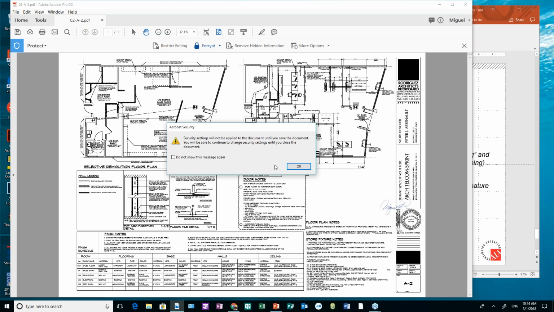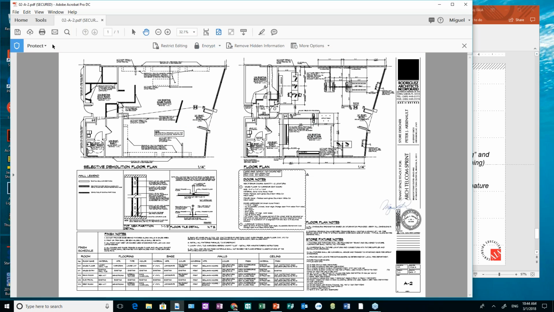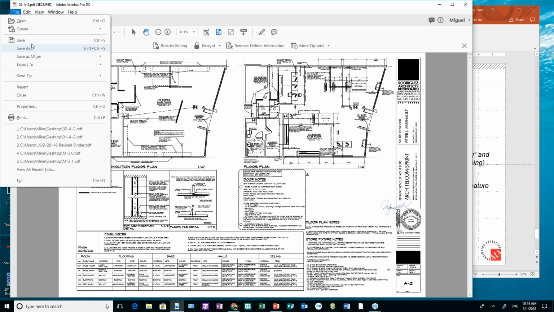Now it says the security settings will not be applied until you save the document. That's going to be true all the time. This document is not yet secure. When I save it and I hit OK, you're going to see, there you go. Notice that it now says secured. This document is now not modifiable. And here's the proof. You go over here, you can save it as, you can save it, but you cannot,